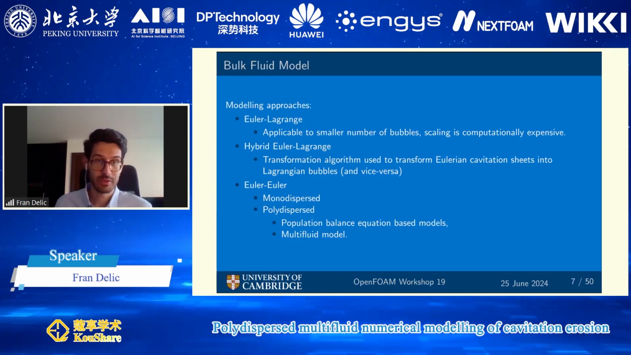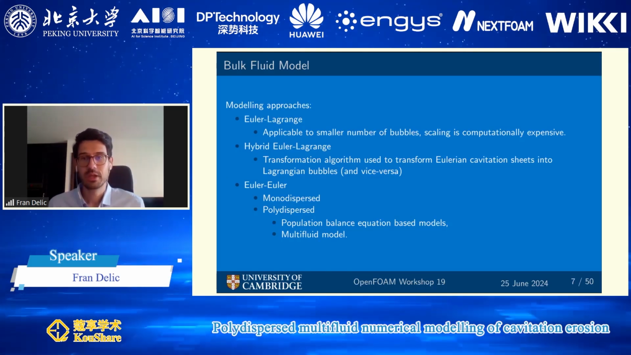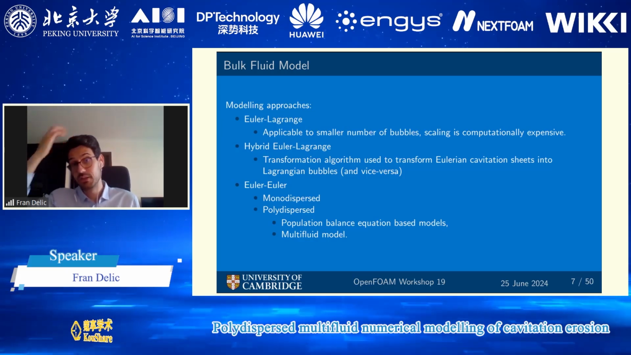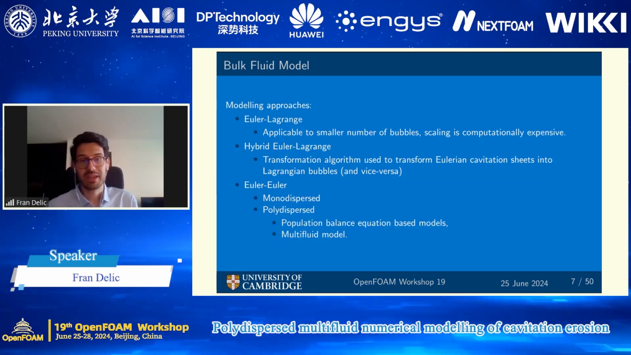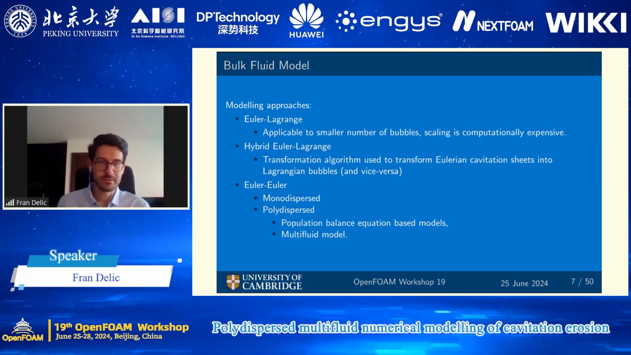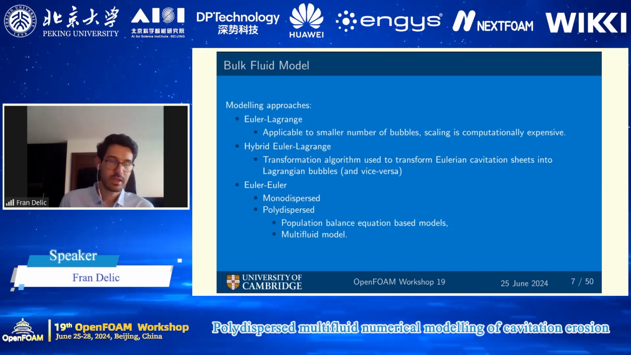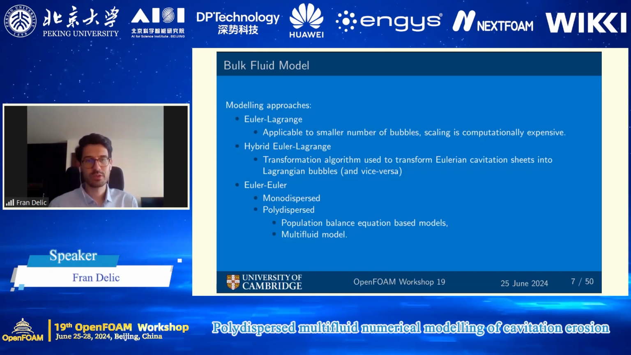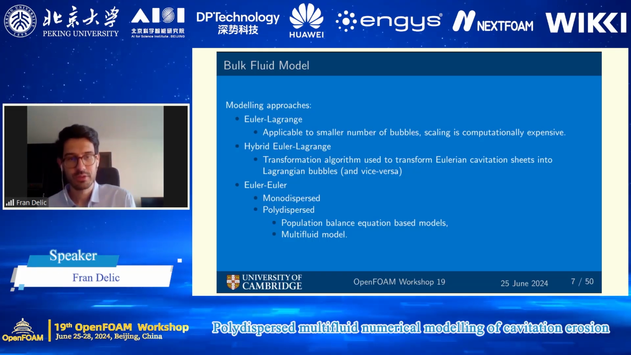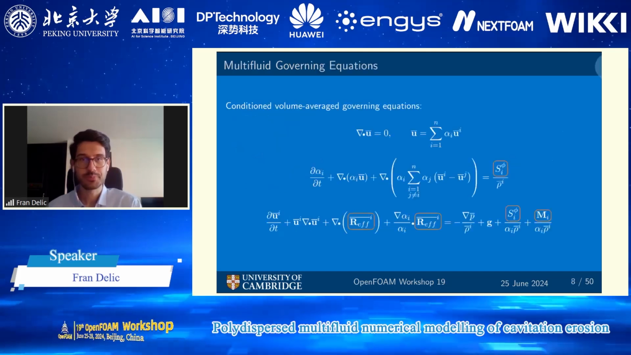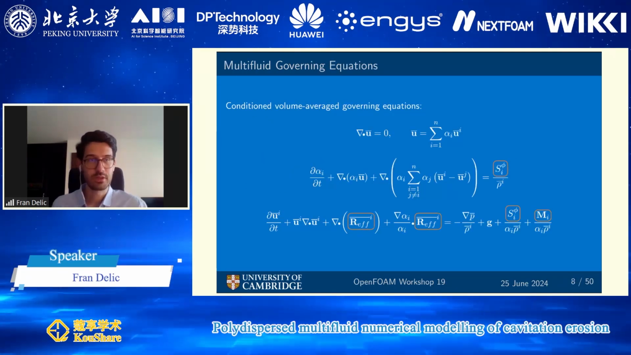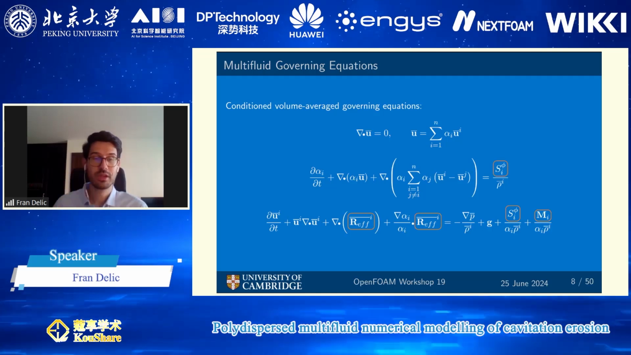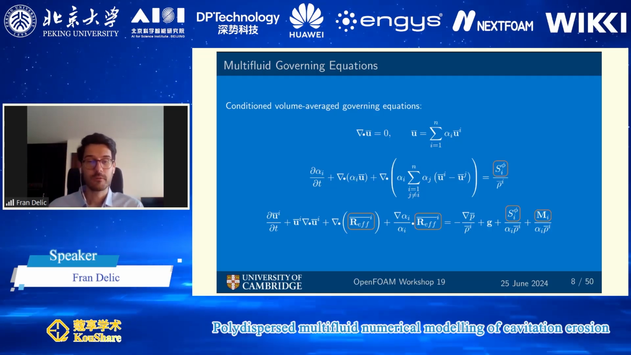Ideally, we would use Euler-Lagrange, but it is prohibitively expensive. Hybrid Euler-Lagrange is a nice idea, and there has been some work done, but again, it's a bit too expensive. And what we're left with is Euler. Previous work has been focused on a monodispersed description, but in this work, a polydispersed description is used, more specifically a multifluid model. This is a set of conditioned volume-averaged governing equations, the continuity equation, the conservation of mass and